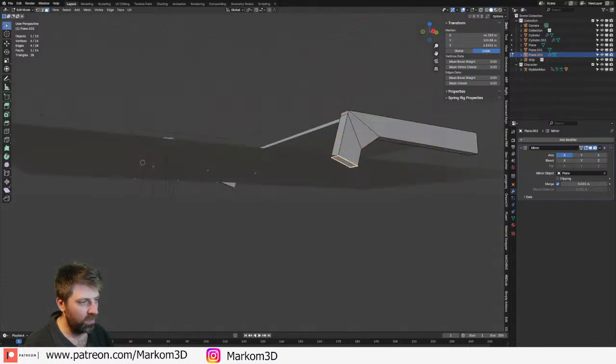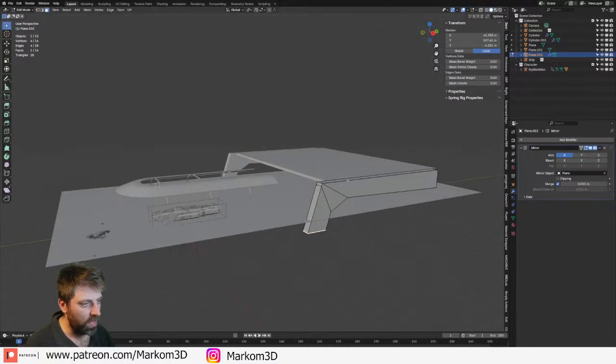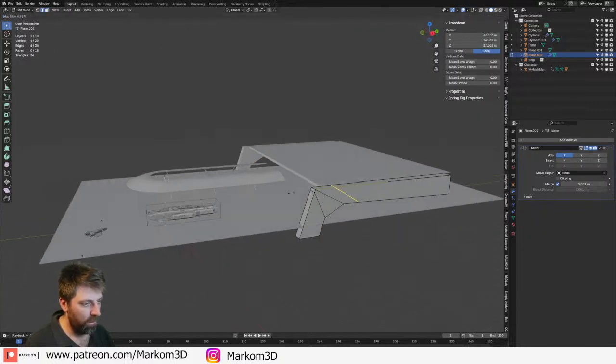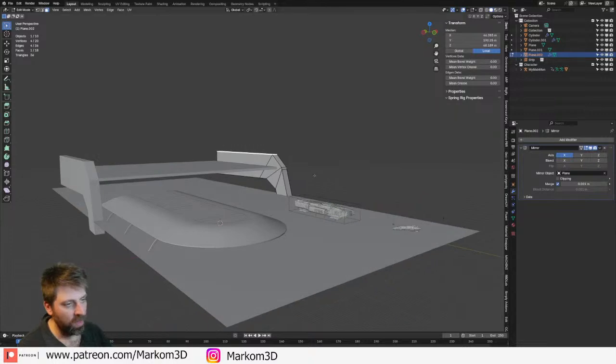Like so. Lovely. Let's extend this, GG, and then I'm going to press C to extend it. I like this archway like so. That'll kind of give us that there.